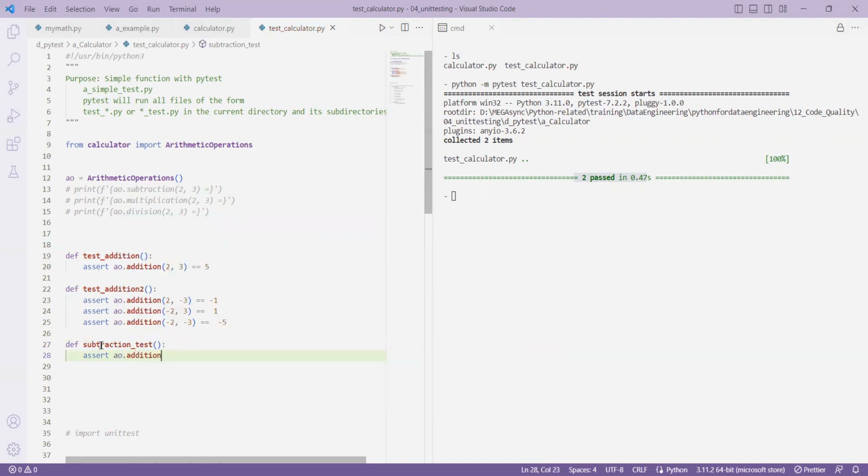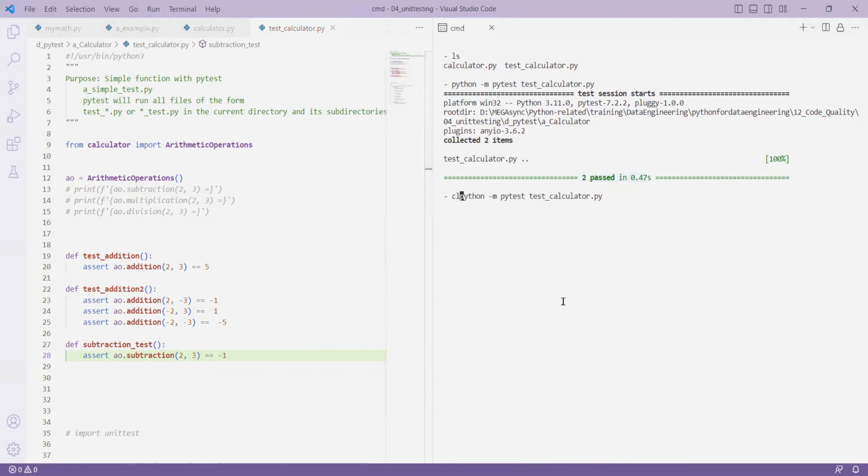AO dot, sorry, instead of addition, I want to do subtraction of 2 comma 3. So then what will happen? 2 minus 3, right? 2 minus 3 means what? You will get -1. This is what you're supposed to get. And if I execute right now,